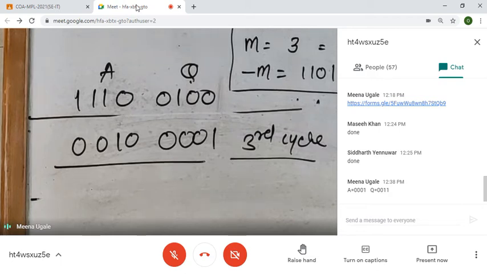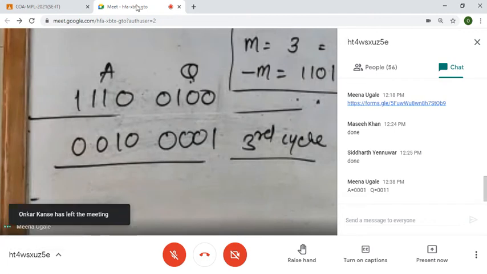Now, when I'm getting the answer of A, I will check in the final step of the flow chart. The final step is asking you to check whether A is less than 0. If no, then I'm giving this as my final answer. The answer I have already posted in the chat box.